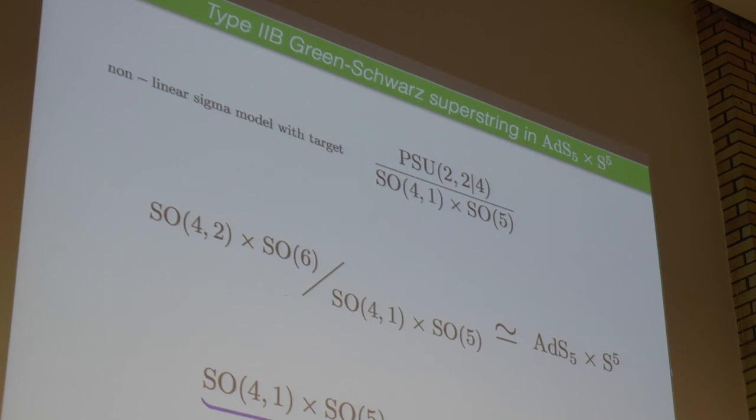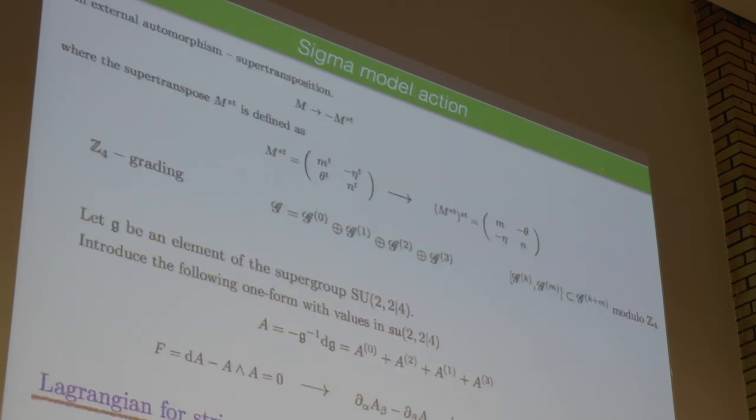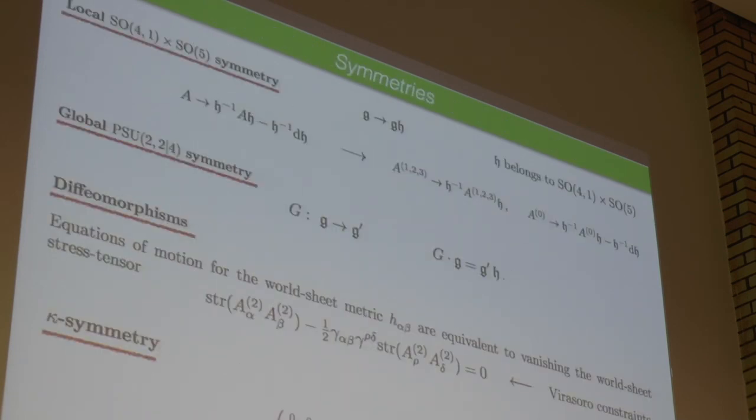And now the question is that we have an infinite number of degrees of freedom which sits in the denominator of the coset. These are fields constituting degrees of freedom of SO(4,1) cross SO(5), and they depend on sigma and tau. And our model, our Lagrangian, should not depend on them, because we would like to describe the coset. The fact that nothing depends on this subgroup